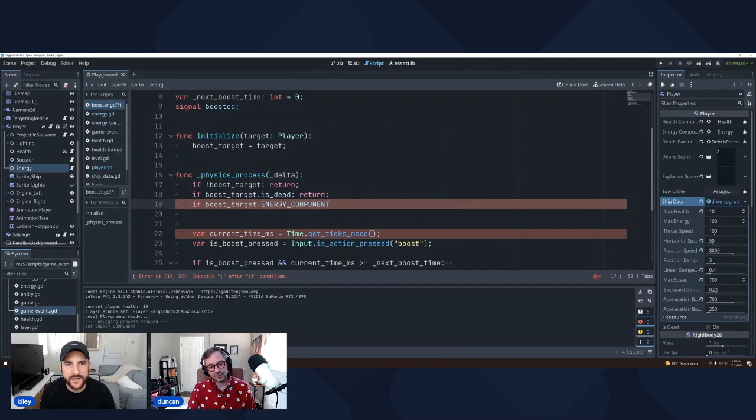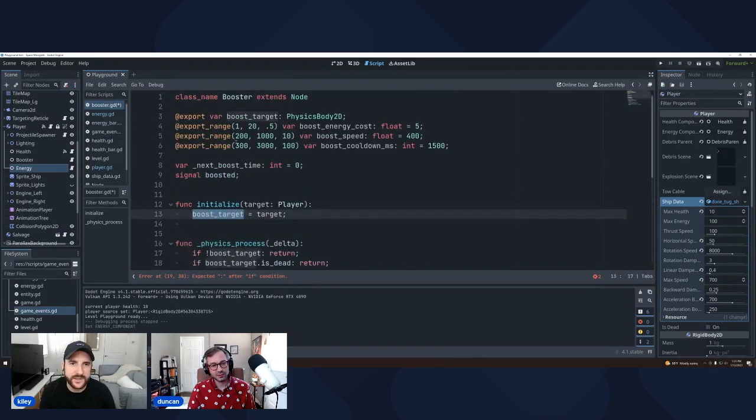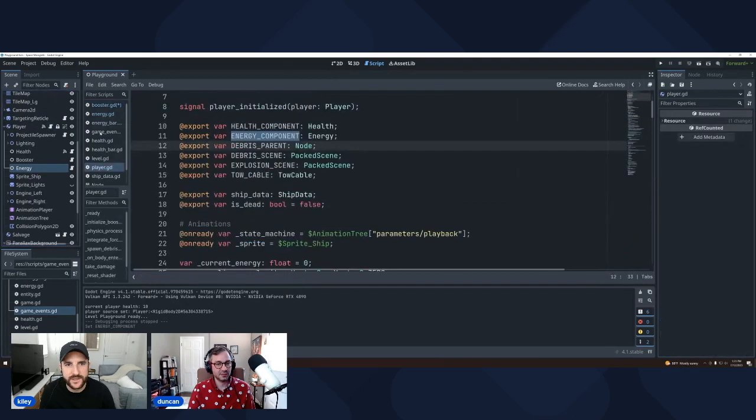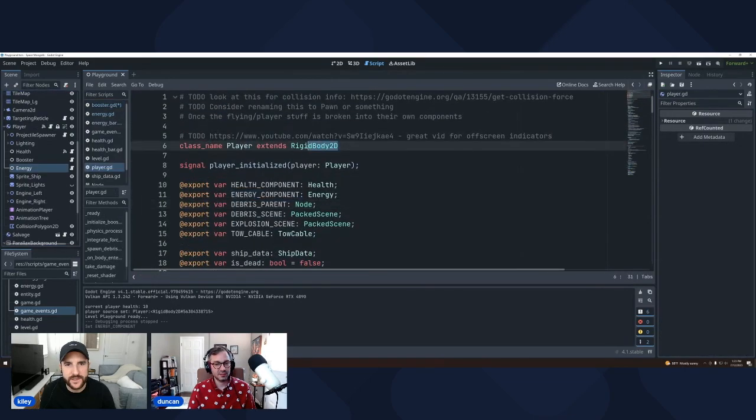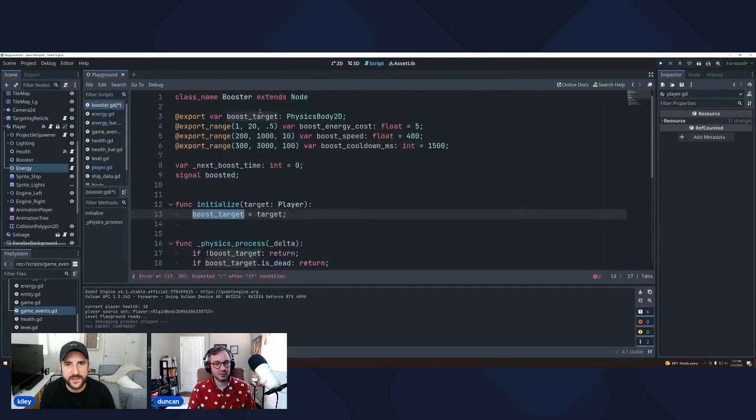Let's see if you can even do this. So it is a player. Boost target is physics body. Oh. Now, does it extend from there? That's the question. Player extends rigid body 2D. Yeah, and so you're kind of wondering why that didn't autocomplete for you when you were typing energy component? Yeah, so the reason